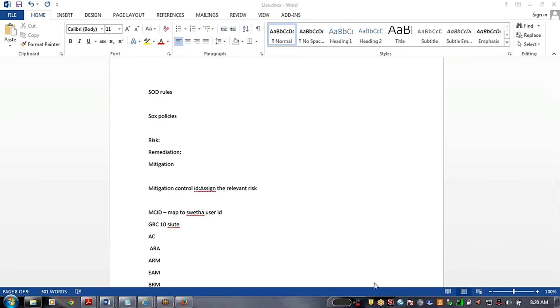There I will create one specific user ID. That ID I call a firefighter user ID. There I will provide the relevant critical access, and that access I will map with Wahid's user ID. So this is what is happening here. This access can be assigned to Wahid's user ID by using